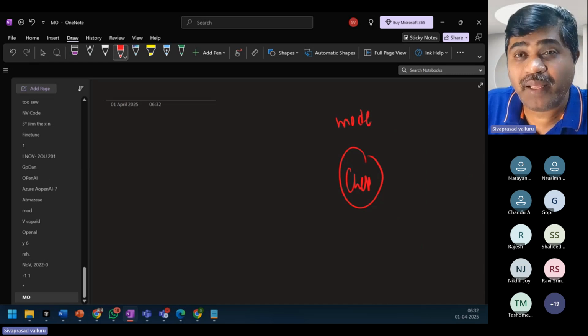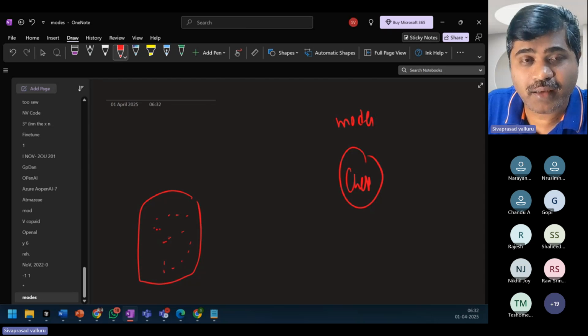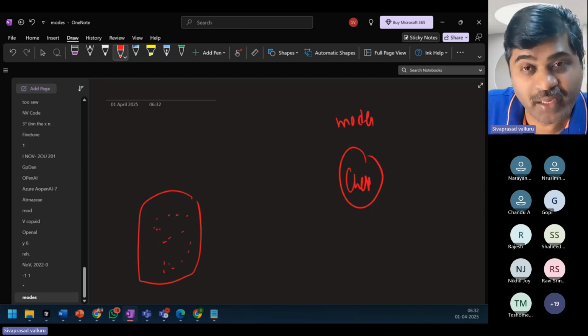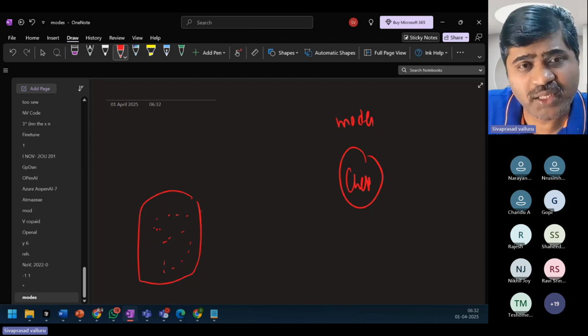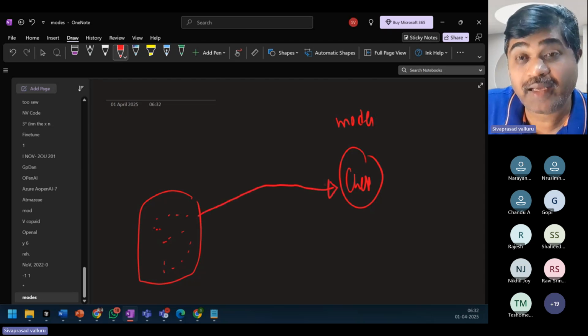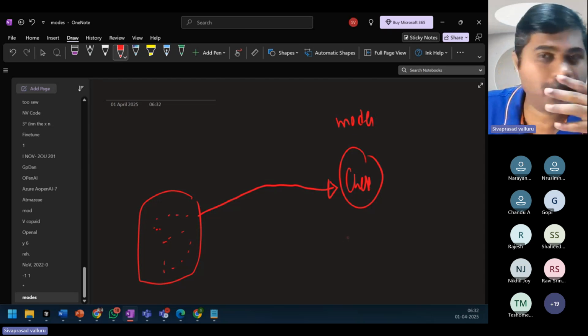Different players might have played differently, right? With that data, let's say this is data about the steps players have taken, they have trained a model and created a trained chess model.